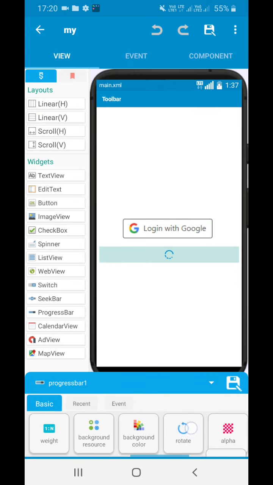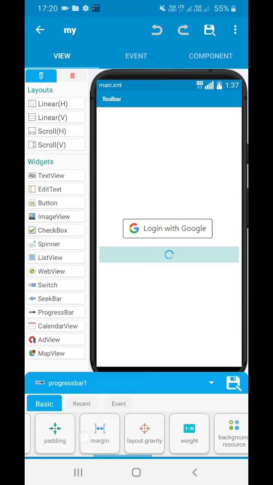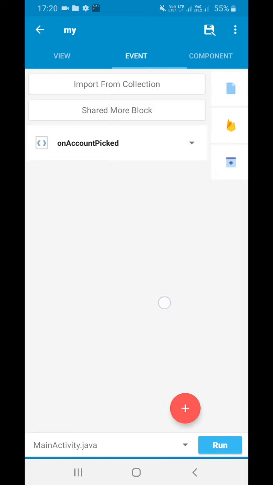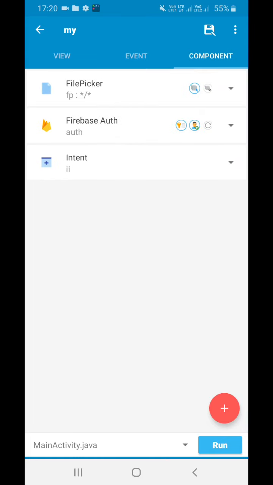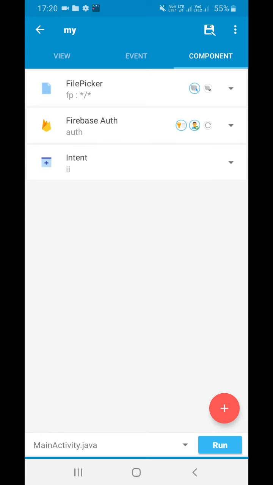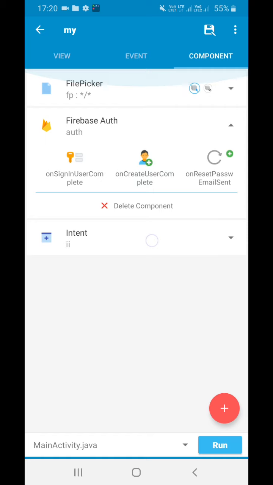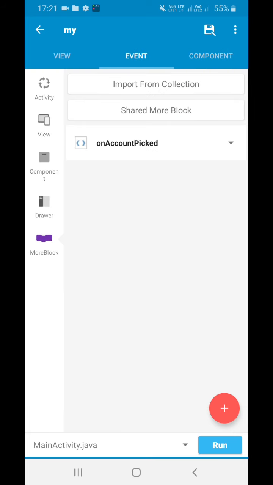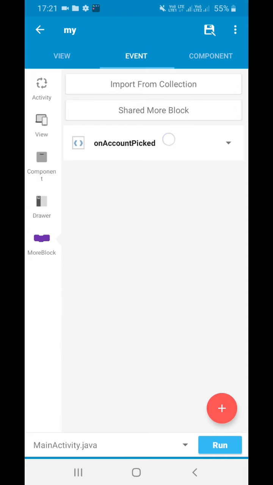Layout gravity is also not changed. Now we have to add three components. One is a file picker, FP. Another is Firebase authentication. I have used sign in, on create user, on complete sign up, and an intent I have used. You can use any other intent, no issue about it. With these are variables, and we also have to create a more block, on account picked.